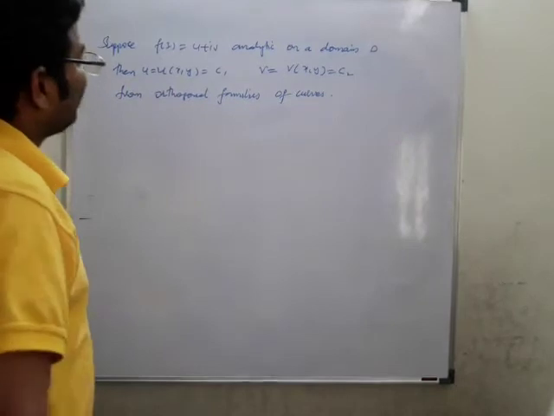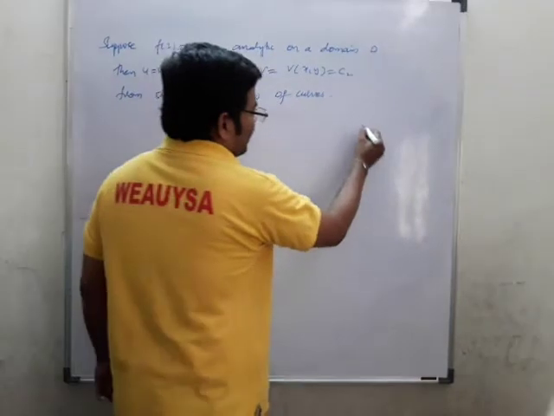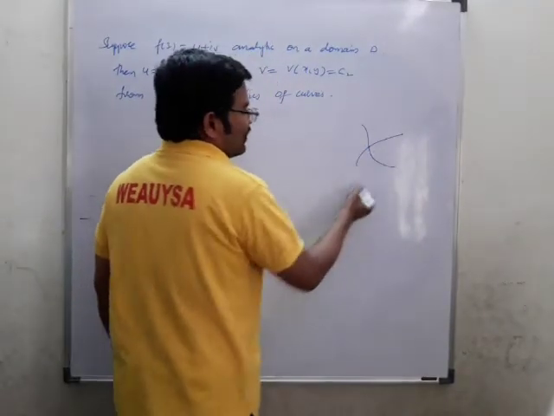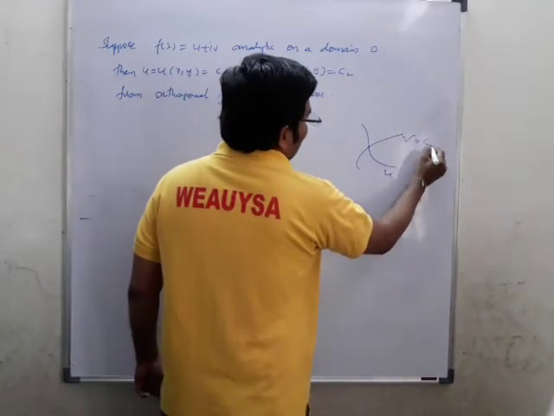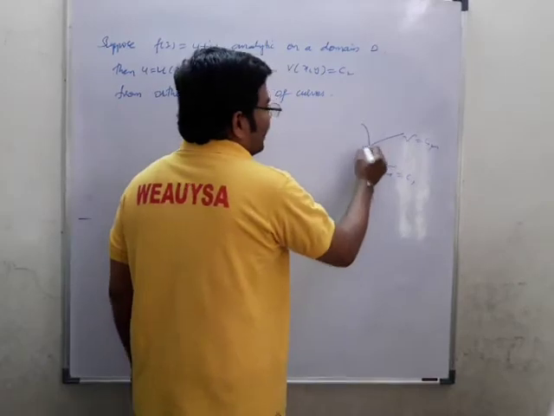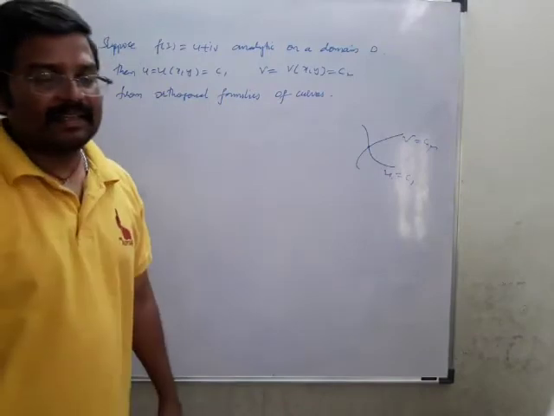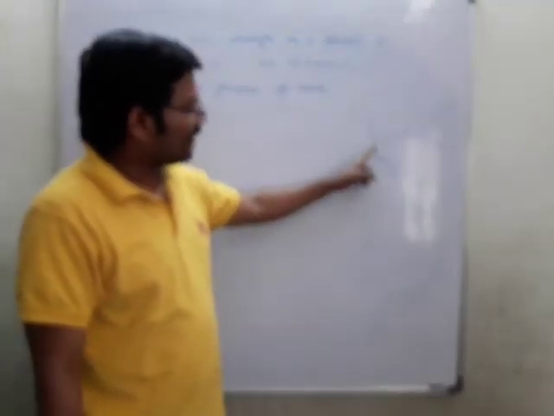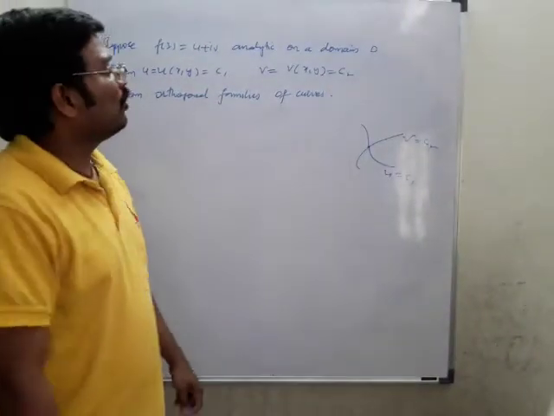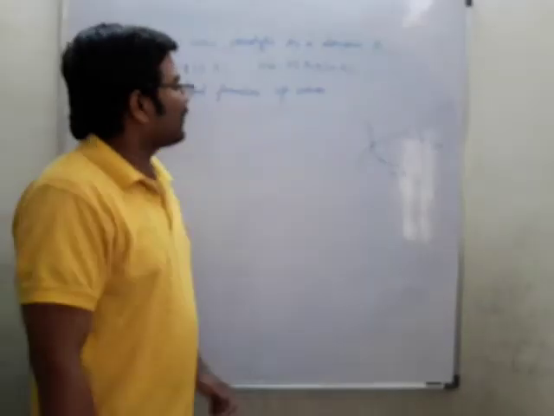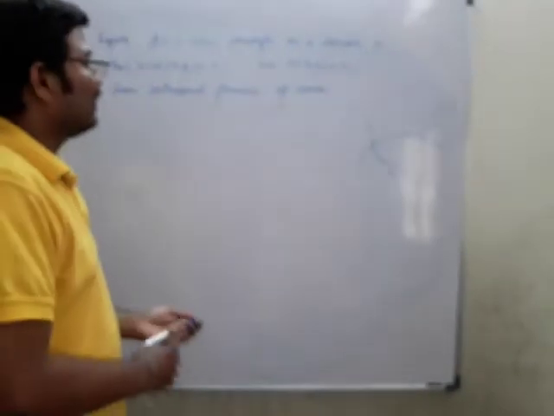Now the only thing we need to show is that they are orthogonal to each other. Orthogonal means the two curves meet at a point. Let us suppose, for example, these are the two curves, v equal to c2 and u equal to c1. They are meeting at a point here, and when they meet at a point they are called perpendicular. So the product of the slopes of these two must be equal to -1. We need to find the slopes of the two curves meeting at a point. Orthogonal means they are perpendicular to each other, all the curves.